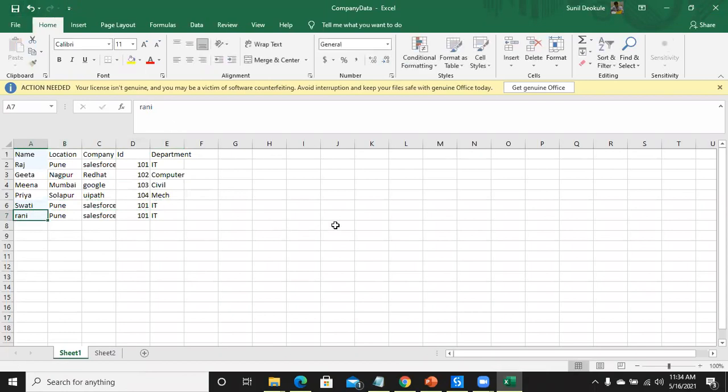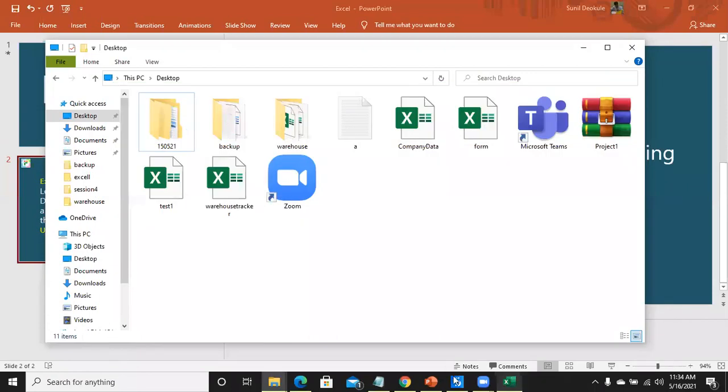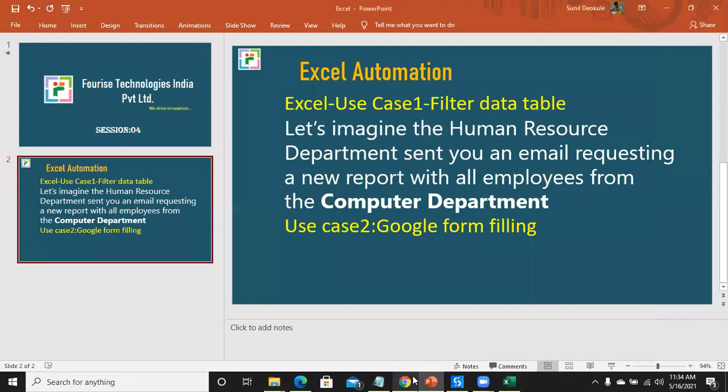Okay. So now what we want to do is send back to the company the employees who are located in Pune, meaning those people who are living in Pune. So what is your approach? If I tell you to do it manually, what would you do?